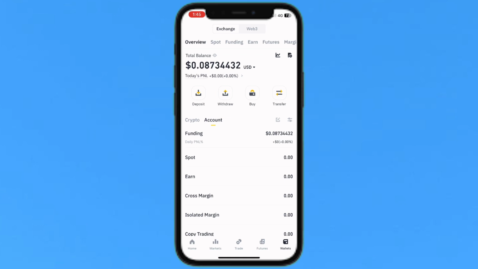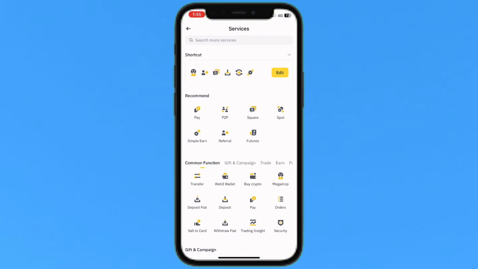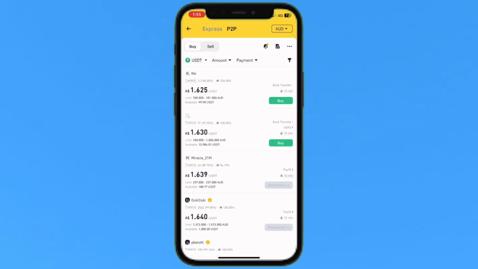I just tap on my Binance account and I'm officially logged in. I will move to my home, which is the top left corner, and in the dashboard I will tap on this More button. Then in the recommended section, the second option is P2P. I tap on this P2P option, and inside you will see there is an officially authorized exchanger, so